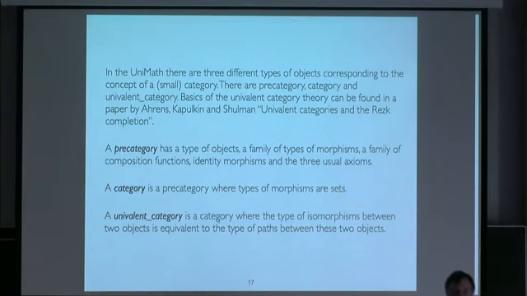When we were just starting to learn the world of univalent foundations, we thought that univalent category is the correct definition of a category, and everything else shouldn't be there. But the more we worked, the more we understood that all 3 of them have their place in the theory